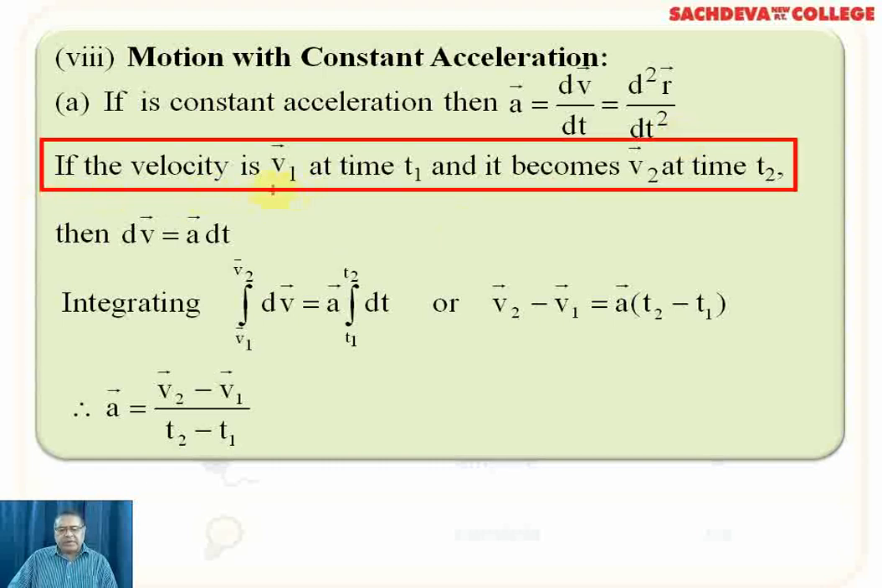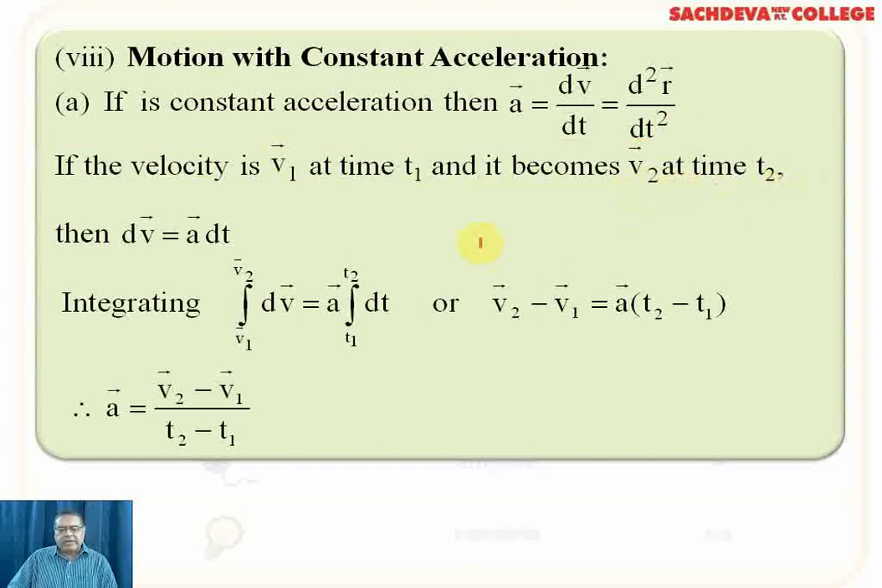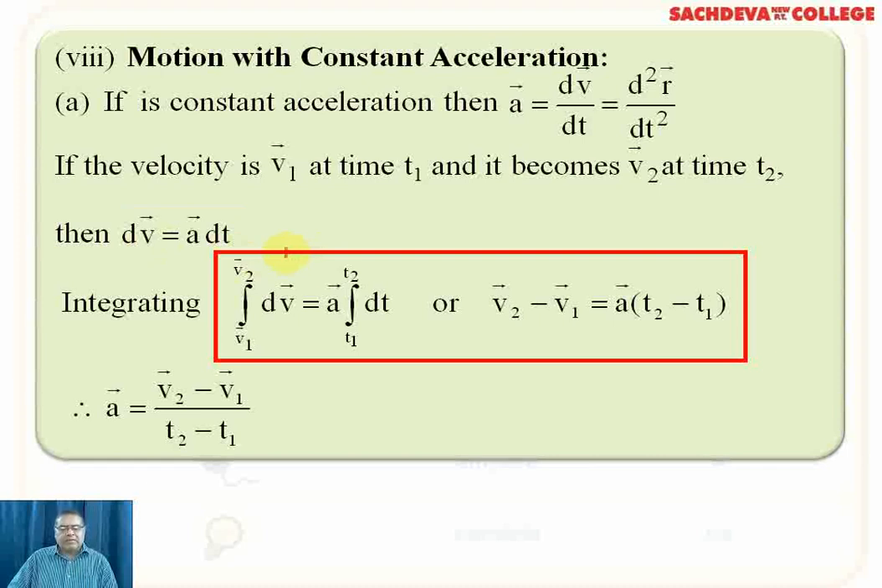If the velocity is v1 at time t1 and it becomes v2 at time t2, so t1 and t2 are the instants of time and v1 and v2 are the velocities at those instants. Then dv over dt is acceleration. So we can modify this equation and write dv is equal to a dt. Now what we have done, we have integrated the function, that is the integration of dv from limits v1 to v2. When we say integration of dv, it means integration of 1 with respect to v. So integration of 1 with respect to v will be v only, and that is equal to acceleration a times the integration of